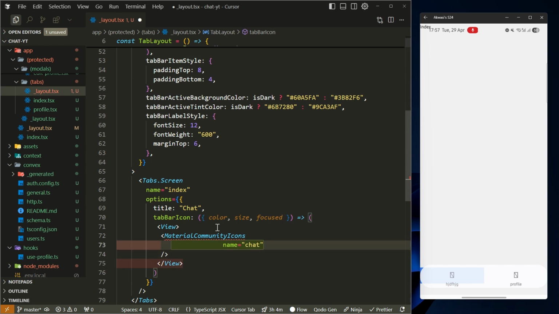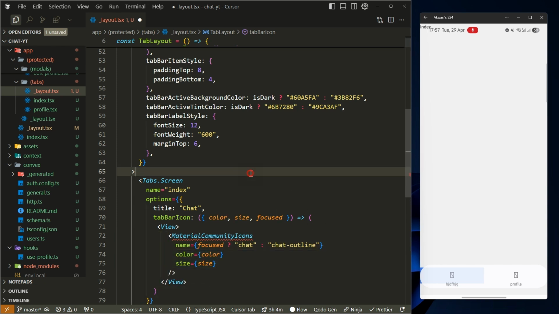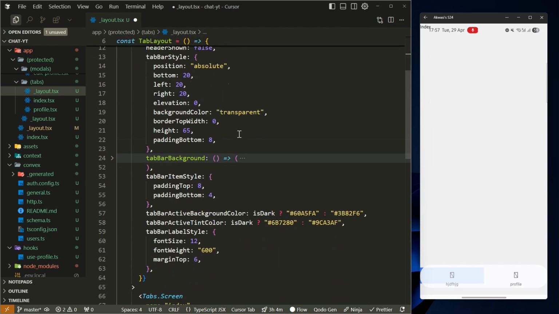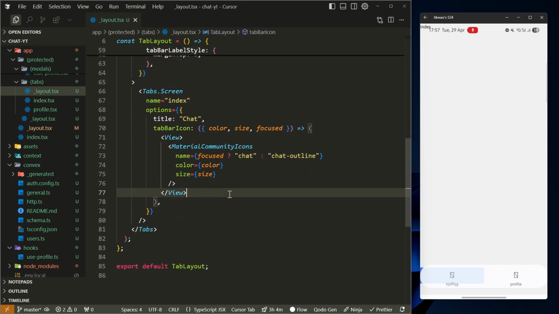I'm going to have the name. The name is going to be: if it's focused, if focused is true, it's going to be chat, else it's going to be chat outline. The color will be the color and the size will be the size. Let's come here and import material community icons from Expo vector icons. Great. So here, if I save,